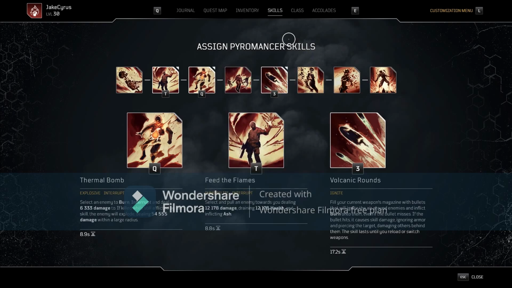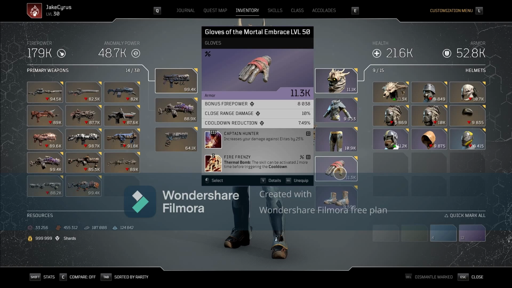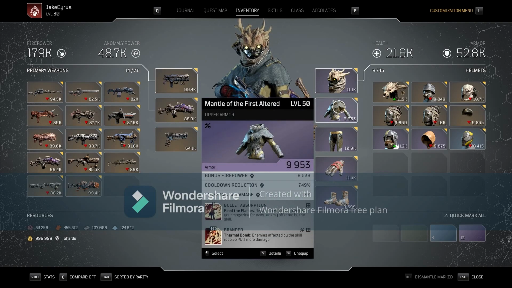So that's a really good mod to pair with too. And Captain Hunter, so 25% more damage to elites, and Thermal Bomb, because it's stacked. So remember the build goes around branded, so if you do one Thermal Bomb on an enemy, you'll get like 40% more damage to it. If you do it twice, then it's going to be 80% more damage,